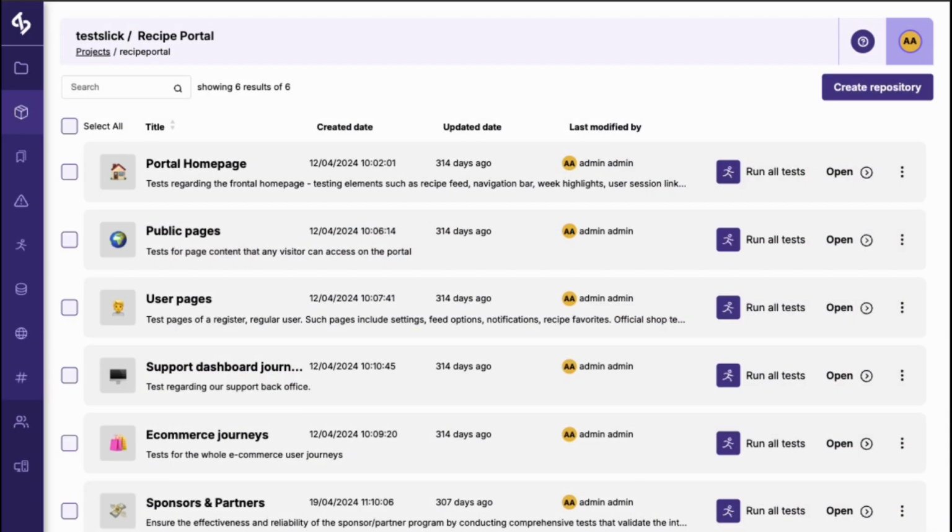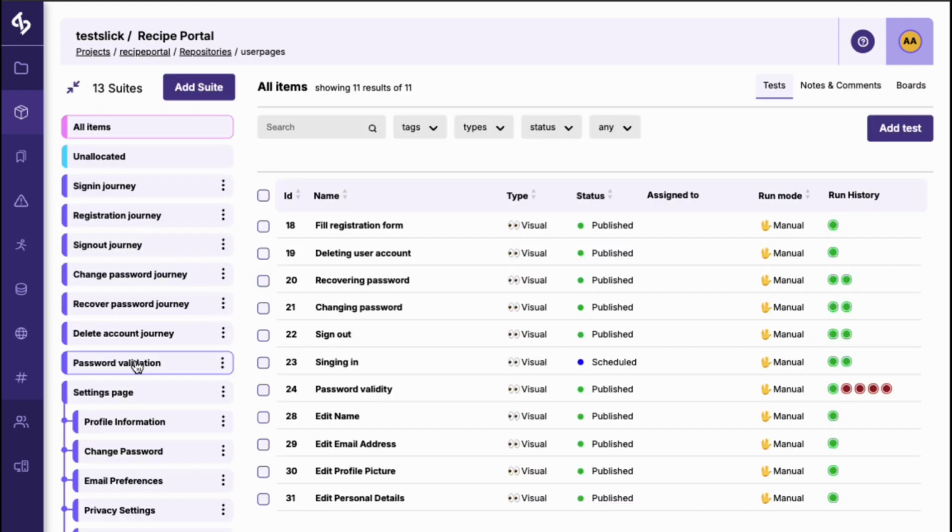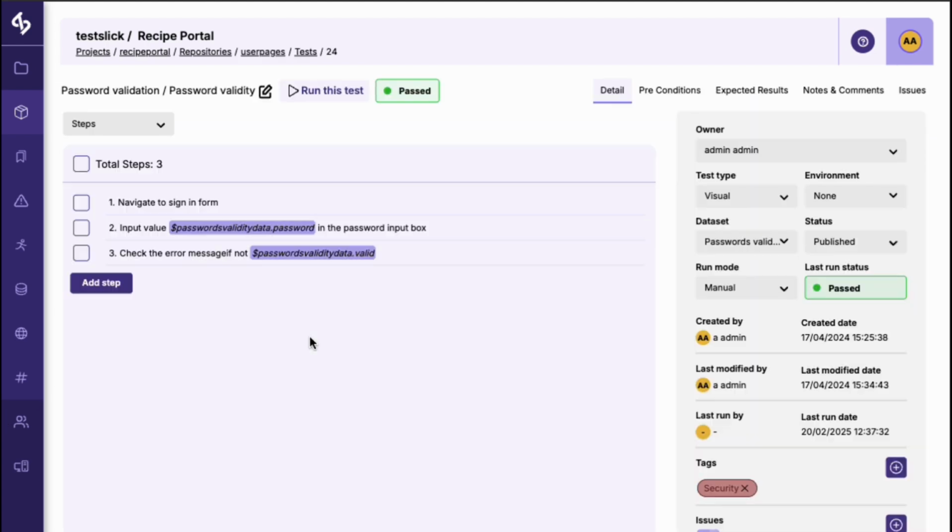We've seen how to execute a group of tests, and in that case we register a result for each test. But we can use datasets and environments to configure different scenarios for each test execution. Starting with datasets, I can show you a test like the password validity example, where I'm going to use the field password, and if it's valid, from the dataset password is valid. Now if I execute this test,